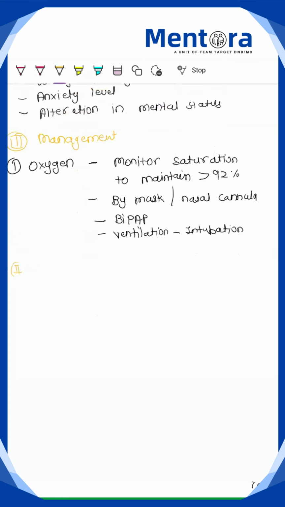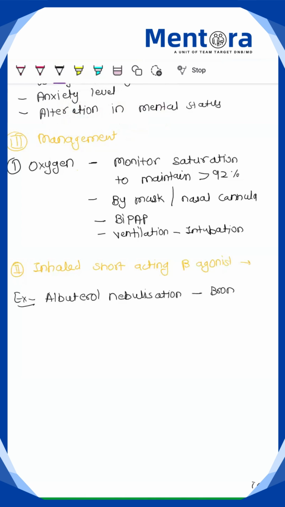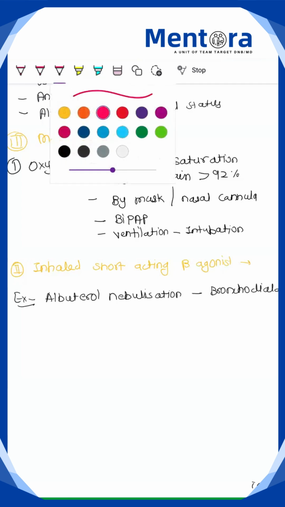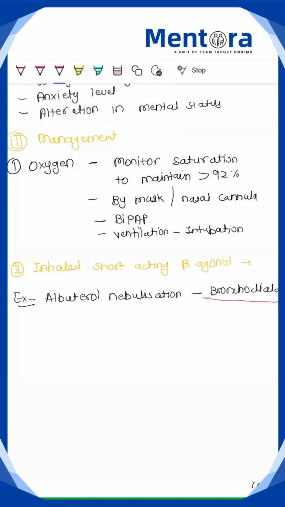Then the medication. Start with inhaled short acting beta agonist. Example is albuterol nebulization. They act as a bronchodilator. So here we are doing bronchodilation